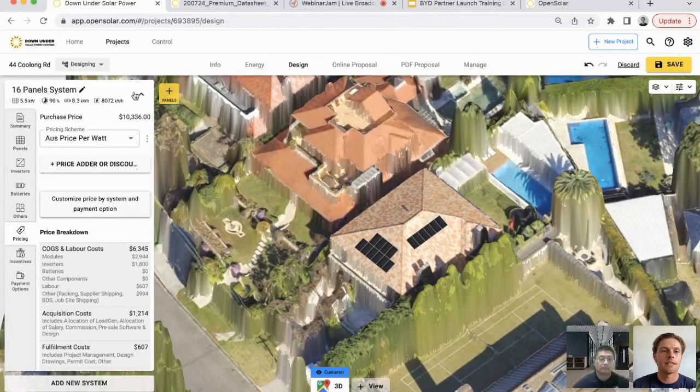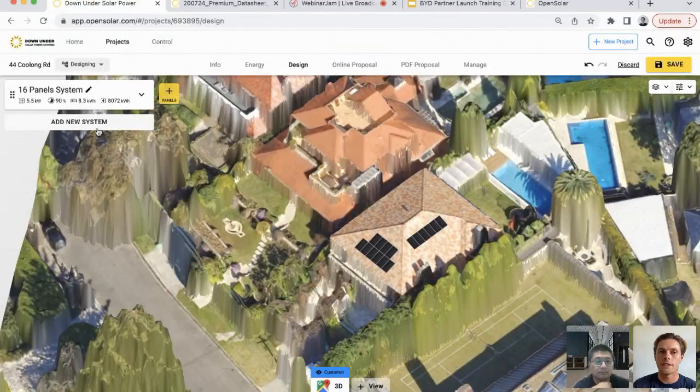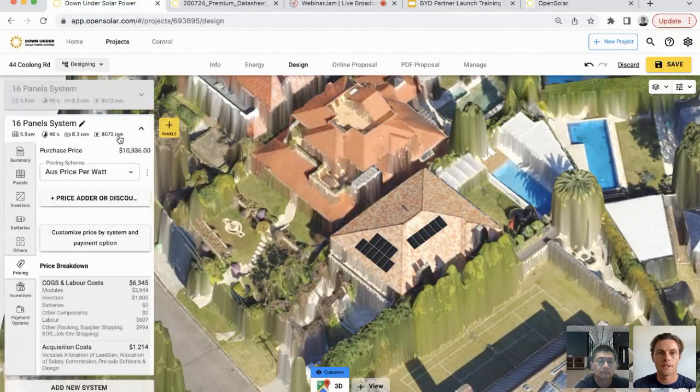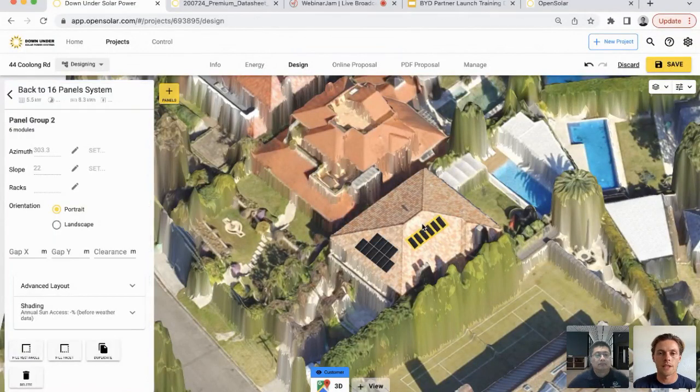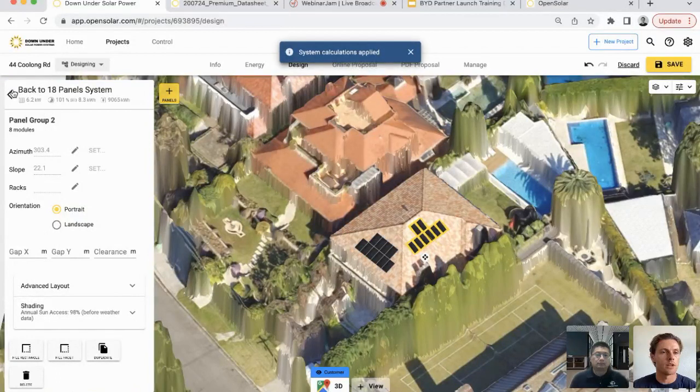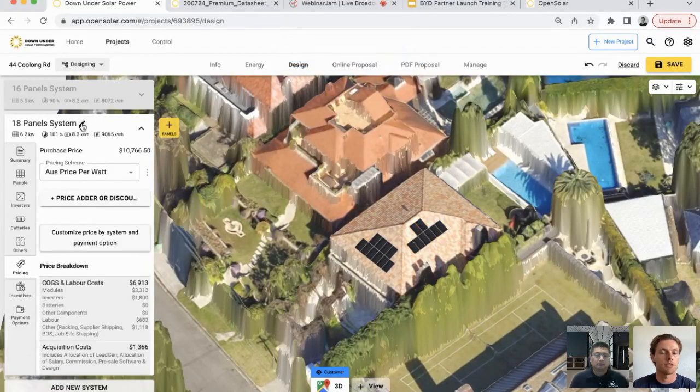Now, once we've done that, I might just go and duplicate the system. We'll click on Add New System here and duplicate. Now, this one, we can maybe add in a few extra panels if you like, or we can remove the battery, change batteries, whatever it might be. You can create multiple system options like that super easily using OpenSolar, and you can also retitle them quickly here as well. So we can call this one 6.2 kilowatt